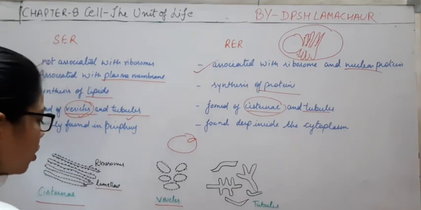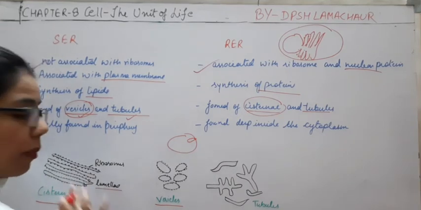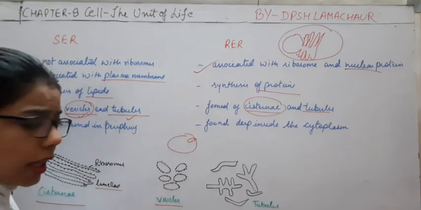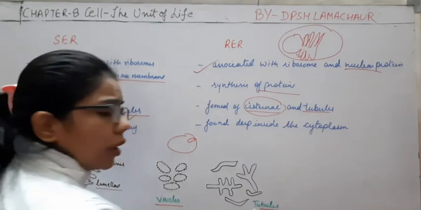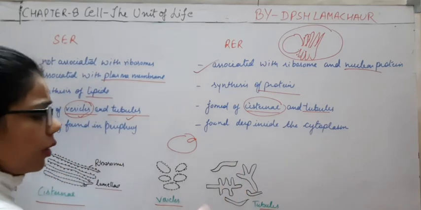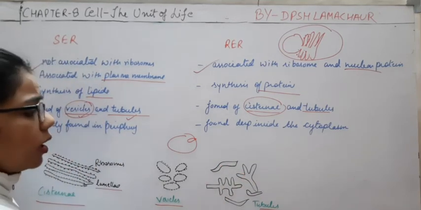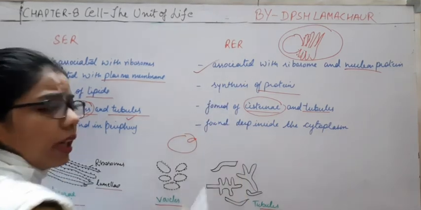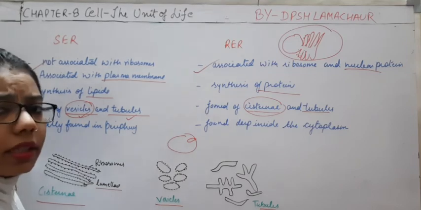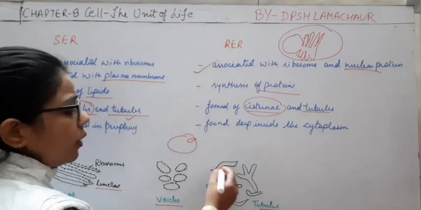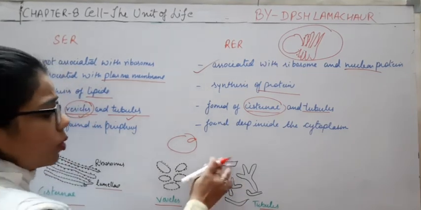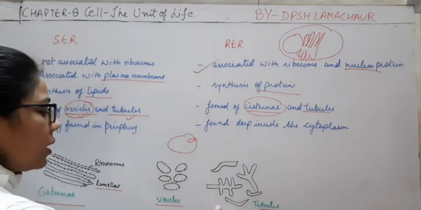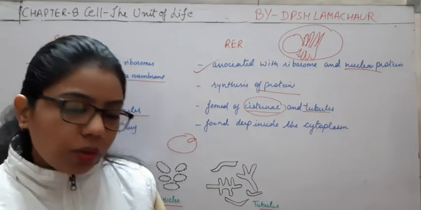But the basic structure of cisternae is what? These lamella-like structures, flat. Then vesicles have a circular structure, and tubules are what? Tube-like structure. Okay, you can see the tube-like structure is present here. This tube-like structure can be present in RER, rough endoplasmic reticulum, as well as in smooth endoplasmic reticulum. If it is in rough, ribosomes can be there. If not, then ribosomes can be absent. But the basic structure of these three is shown here.